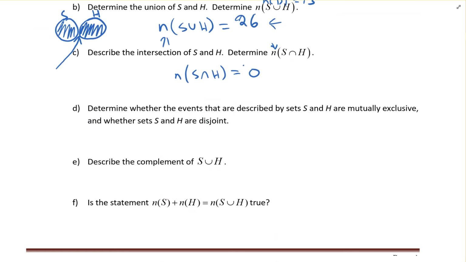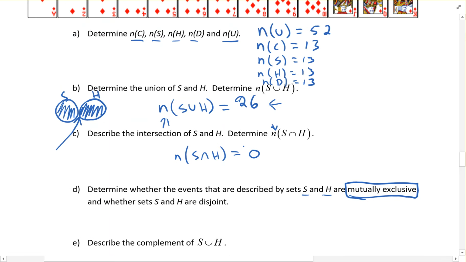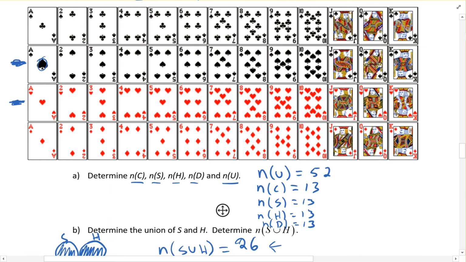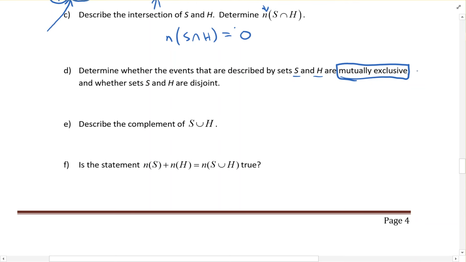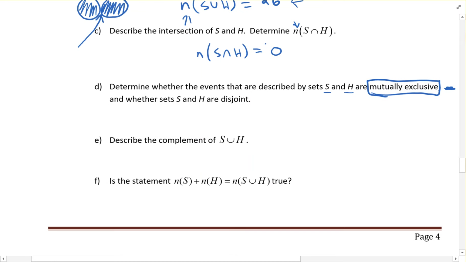Okay, so this one, D, says determine whether the events that are described by sets S and H, so spades and hearts, are mutually exclusive. So there's a new word. Mutually exclusive just means that one doesn't affect the other. So yeah, they don't, right? If I pick some spades, it's not going to affect the hearts. We're going to talk more about that, but for now, we're going to say that yeah, they are mutually exclusive,